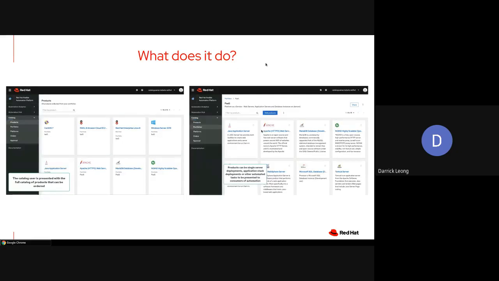This is just a brief overview of what the service catalog has. For example, if I want a catalog of products to be ordered, such as a RHEL 8 VM, I can easily provision a RHEL 8 VM from the service catalog itself.